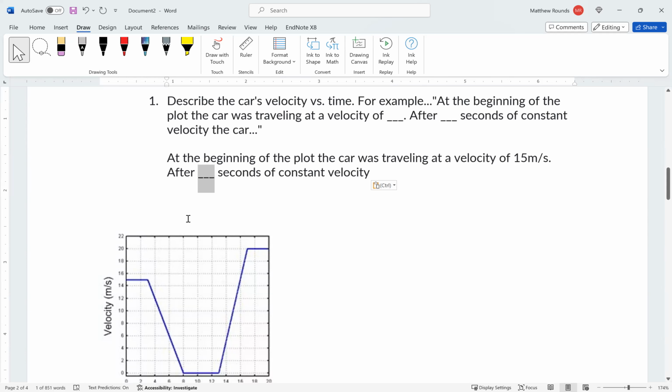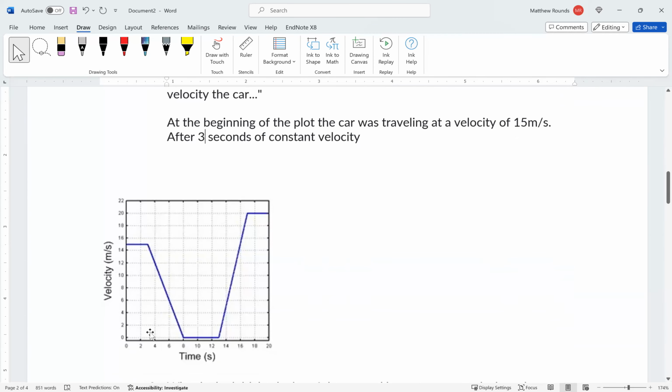For like, is it also 15? The x value. Oh, the x value. Okay, so it's going from 8 to 12 seconds. Just the x value. What's the x value right here? Oh, it's 4. I'm sorry, 3. It's 3. Okay, so after 3 seconds of constant velocity,